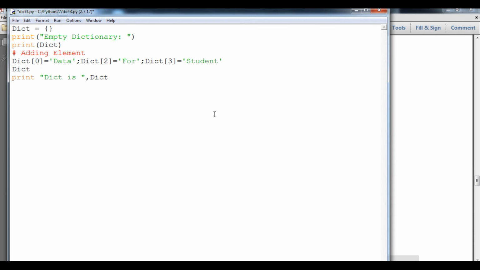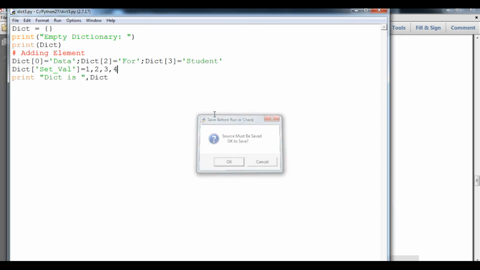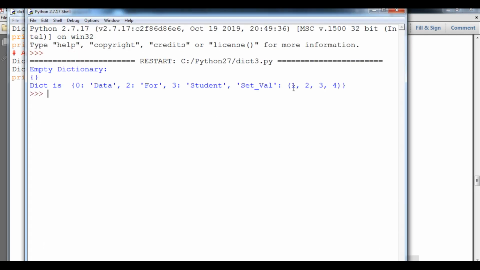So here dict of, definitely I will say a key, set val. This is my key, and then I will say a set value like 1 2 3 4. Now we will see the output. You can see it will be in the form of a tuple, 1 2 3 4.